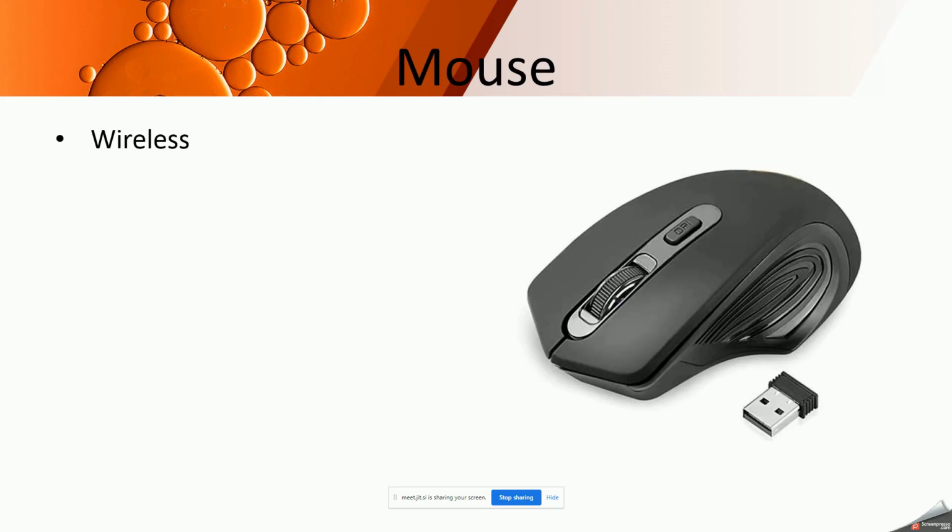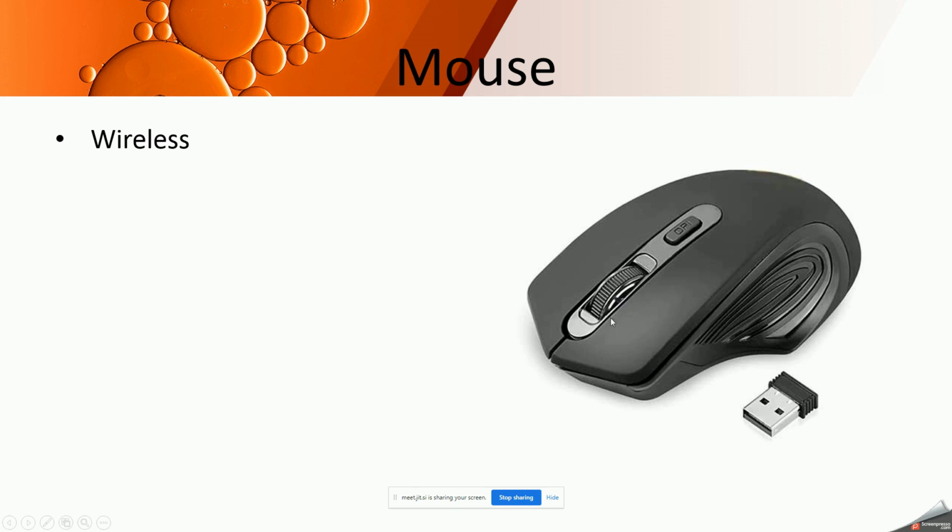Next is mouse. We already know what a mouse does. It's a point and click device. Just check out how many types of mouse are available in the market. Wireless mouse, you can see this wireless mouse comes with no cables attached. It works on radio frequency and it uses this wireless adapter. This wireless adapter is attached to your CPU through a USB port, because you can see the USB type of connector over here. So what will happen, your mouse, you can carry it anywhere, you can attach this wireless adapter and you can work very fine.